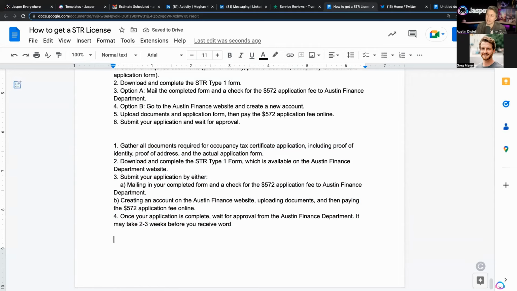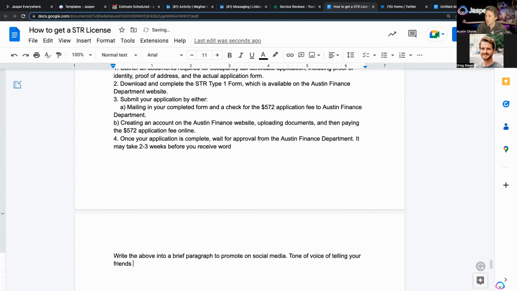We'll say something like, write the above into a brief paragraph to promote on social media, tone of voice of telling your friends to read, in an authentic, excited post.